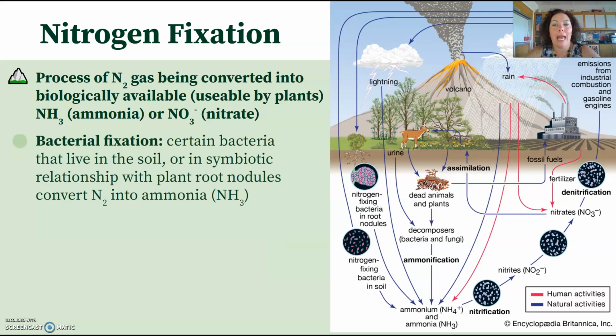The first thing that can happen is bacteria fixation. So bacteria are going to live in the soil, or they live in symbiotic relationships with other plants, and they can take nitrogen gas and convert it into ammonia. So bacteria fixation fixes the atmospheric nitrogen into the soil. So it fixes it and makes it more usable for plants and